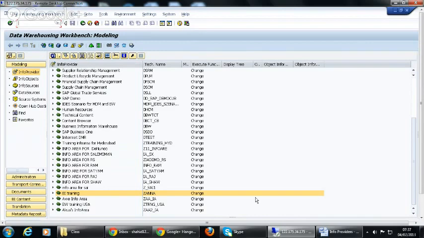And there are underlying info providers like data sources and other info providers. You can take as many info providers as you want to create multi providers. So we are going to discuss multi providers and info sets. Generally, the service info providers and remote cubes are for real-time reporting.